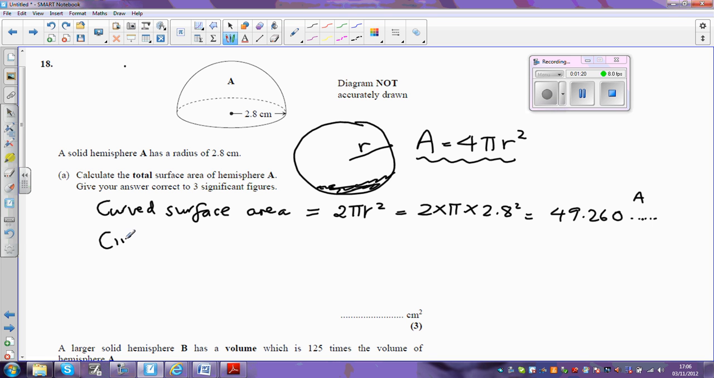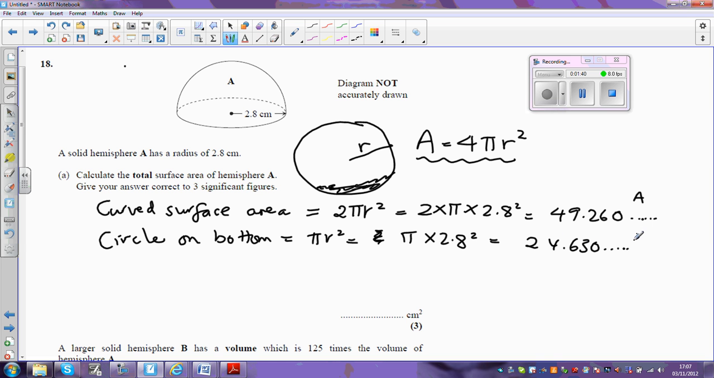What we now need to find is the area of the circle on the bottom. Now it is just a plain old circle, and its area is going to be pi r squared. In other words, it's going to be pi times 2.8 squared, which comes out as 24.630. I could save that in my calculator memory as well. The total surface area is going to be those two added together, so 49.2 and so on plus 24.6, and if we add those together on the calculator, it gives us 73.8902, which I'm just going to leave on my screen. If I round that to three significant figures, that's